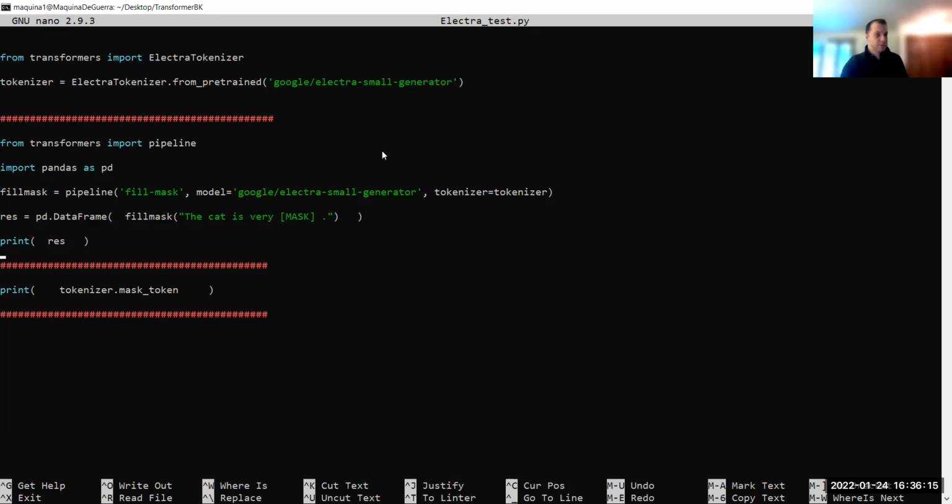Now, obviously, these are just very basic, so that's why they're so short. Actually, when you start to do something meaningful like fine tuning, they're much larger than this. But look at this one. From transformers, import Electra tokenizer. And then the tokenizer, again, from pre-trained, so we have an Electra small generator from Google.